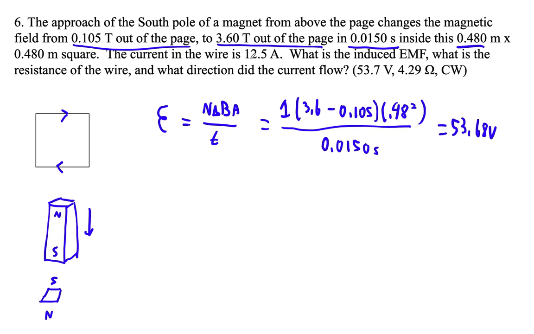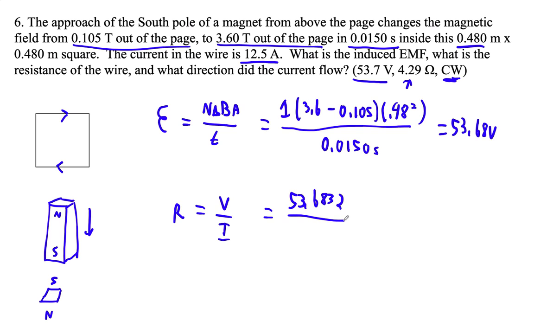Okay, now the current is 12.5 amps, so we want to know what is the resistance of the wire. We already figured out that the current's going to flow clockwise. We figured this out. How do we figure out the resistance? And resistance is V over I. I think it is, yeah. Right, so